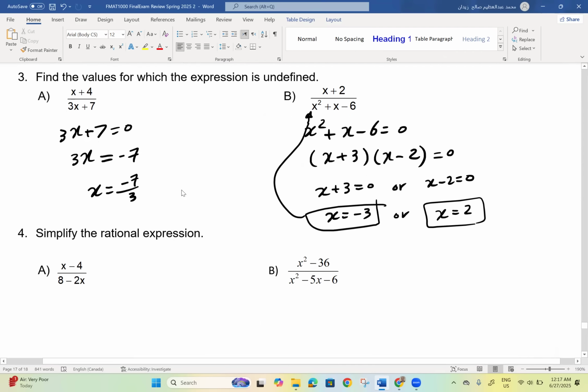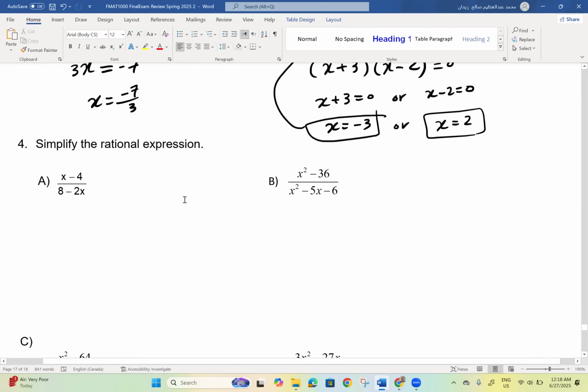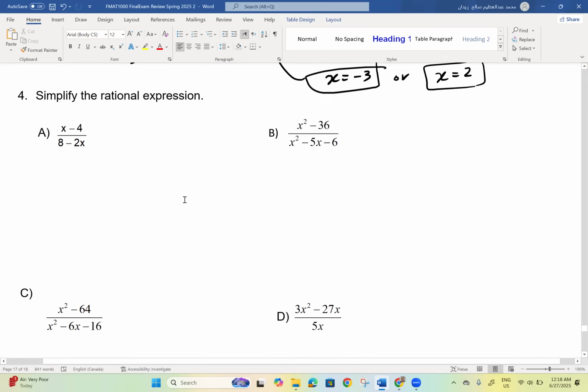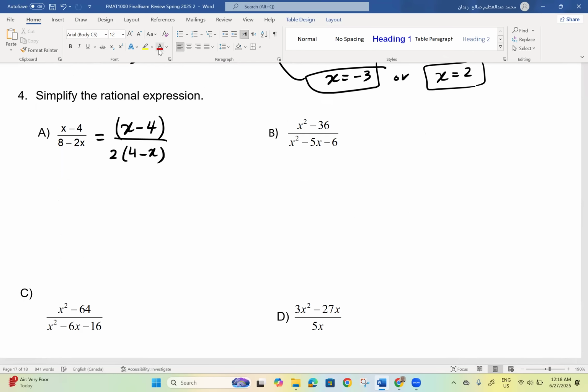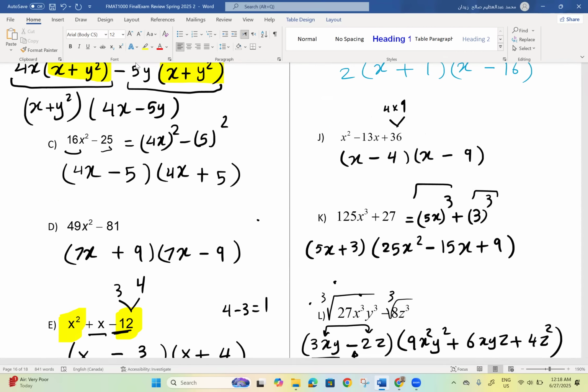Okay? Simplify the rational expression here. Simplifying a rational expression or algebraic expression depends on factoring each of the numerator and denominator. You can just take 2 as a common factor here, or 4 minus x. Simply, if you have x minus 4 and 4 minus x, you can simply, what I want to say, you can simply